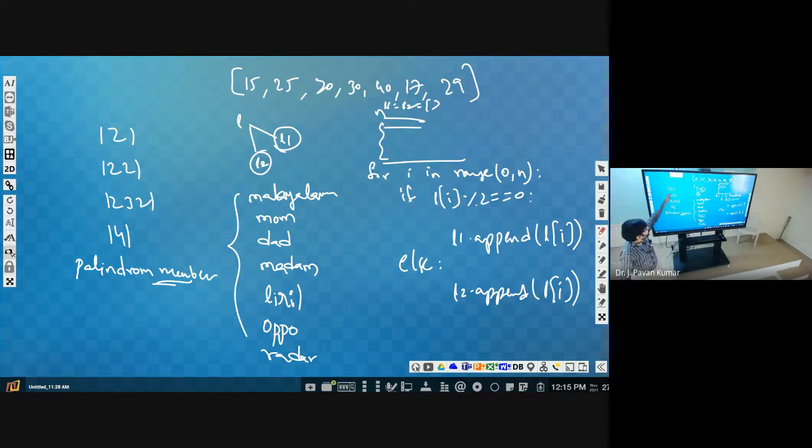Given a number, how do we find out whether it is a palindrome or not? We find the reverse of the given number. So how did we do the reverse? Suppose 1, 2, 3 is given. Then we take first 3, so 3 is the reverse as of now. Next we take 2. Then this 3 we have to shift to the tens place, right? So 3 we multiply with 10 plus this digit 2, so we get 32. Next we get 1. Then again we multiply this 32 with 10 and add this, then we get 3, 2, 1.